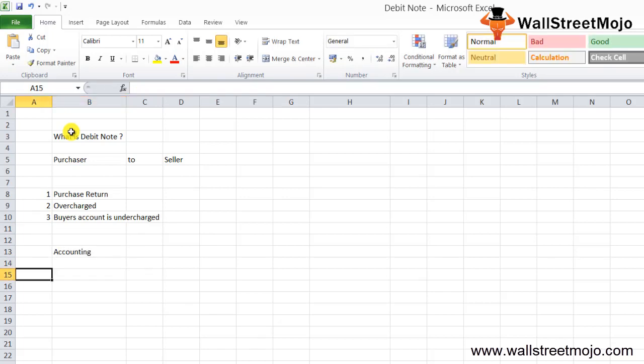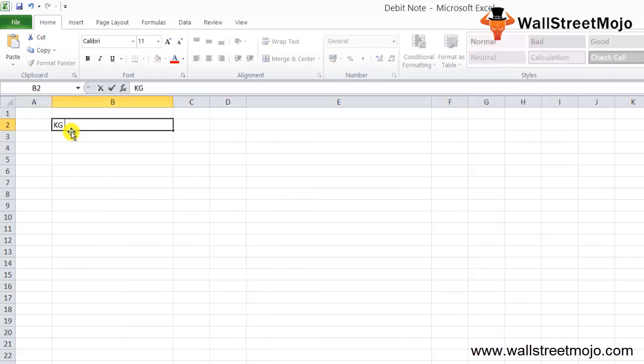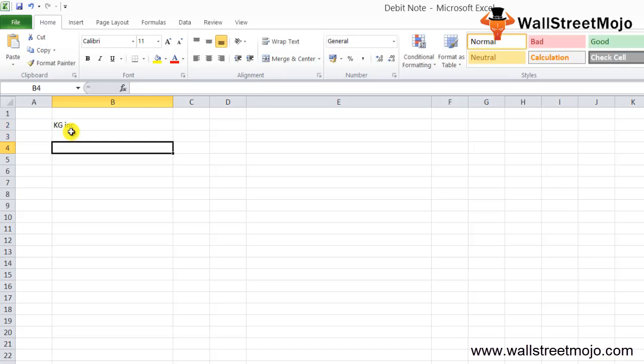See, to understand the concept of the debit note, we need to dig deep. That's why we will see how it affects the books of accounts of both the buyer and the seller. Let's take a very simple example over here. Let's say there's a company called DeL, and they have bought goods worth